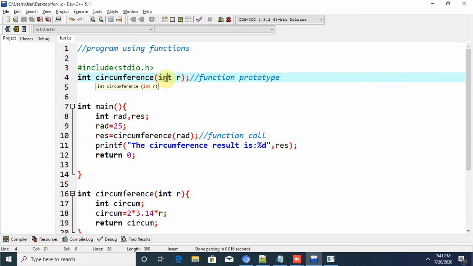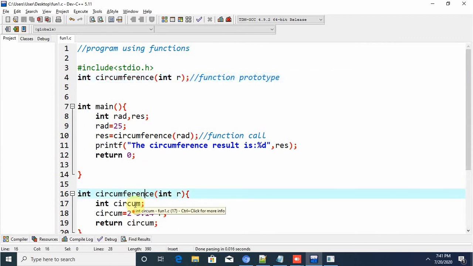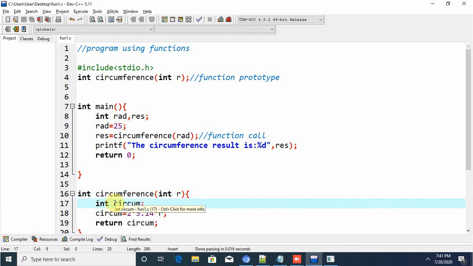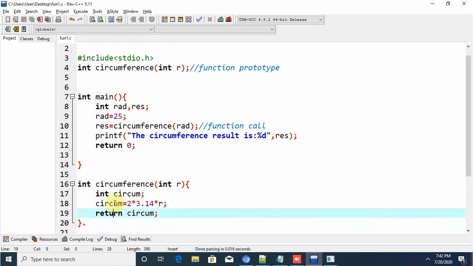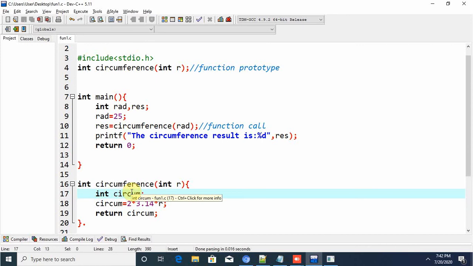Yes, this one, the data type should be there, and the variable, r variable I have used. In the definition part also I have given the same function name, circumference, again int r. In the function definition I have created a variable circum.